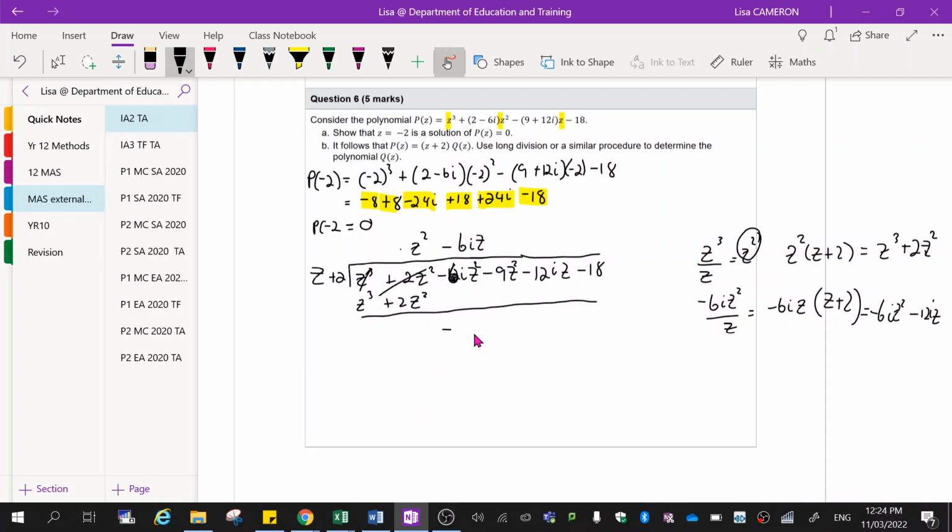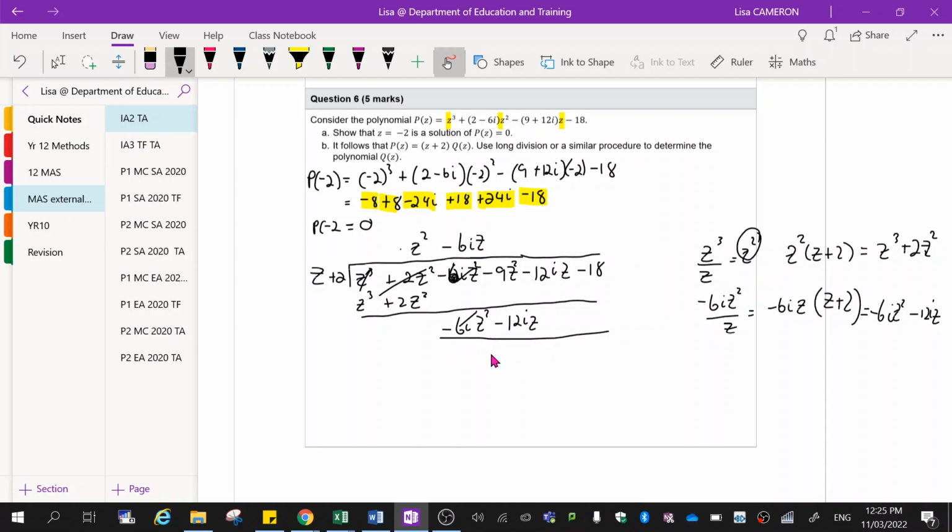Okay, so minus 6iz squared minus 12iz. Okay, so that means that now this one will cancel out with this one, yeah, I've got that at the top there. Okay, and then when I do the subtraction, I've got